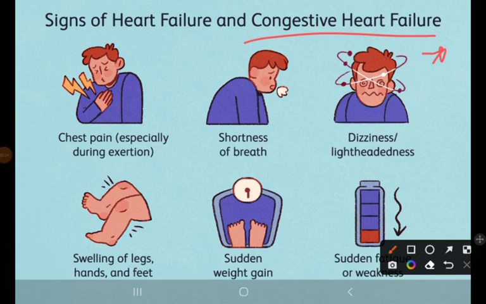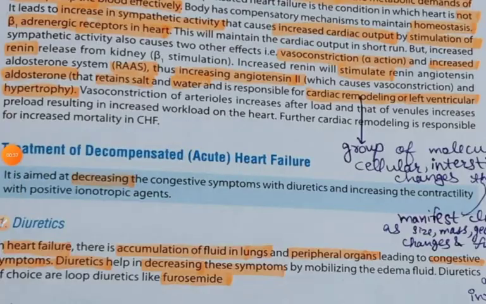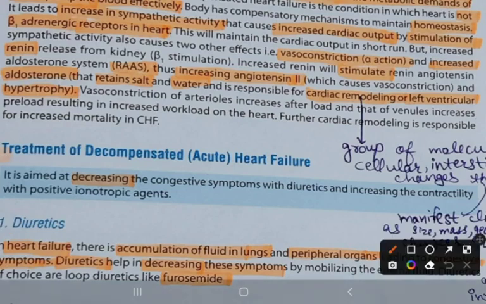So the body has compensatory mechanisms to maintain homeostasis. Homeostasis is the maintenance of a constant internal environment. So an increase in sympathetic activity occurs because of the compensatory mechanisms, and increased sympathetic activity causes an increase in cardiac output. Two other factors are also responsible for this, like vasoconstriction and